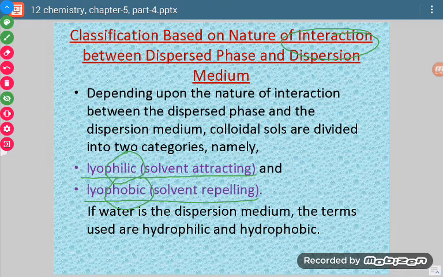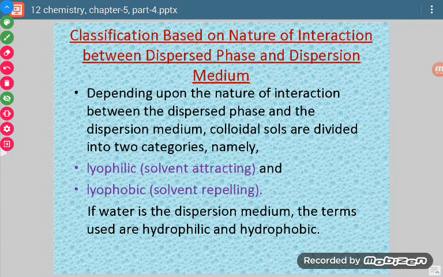Lyo means liquid. So from the name itself, lyo means liquid or solvent, philic means attracting. And the reverse is the case of phobic. Phobic means hating or repelling. So on the basis of attractive forces we can divide our sols into lyophilic sols